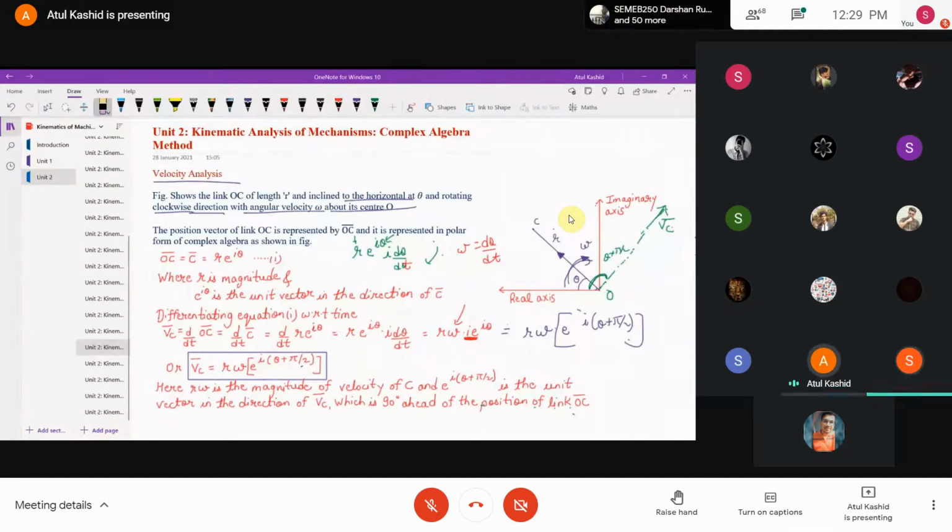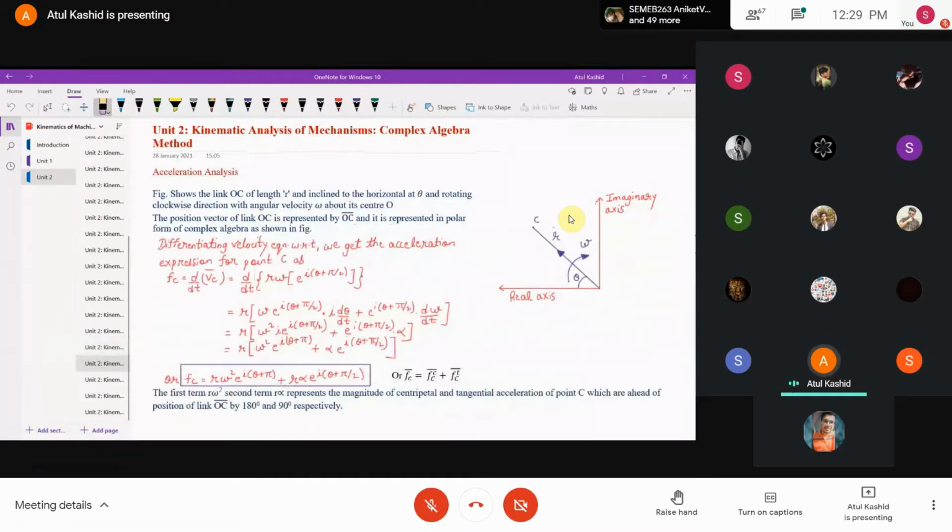Because if you know the formula for the position, you can easily get the formulas for the velocity and acceleration, because you just have to differentiate it, and this differentiation you have learned since you were in the 10th or 11th standard. So all these things you have done in the 10th and 12th standard, so that is not a big thing for you. Definitely, sir. Thank you.